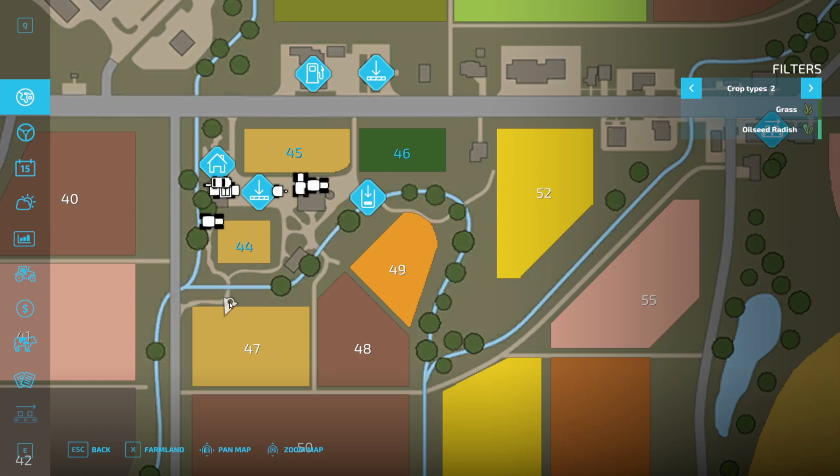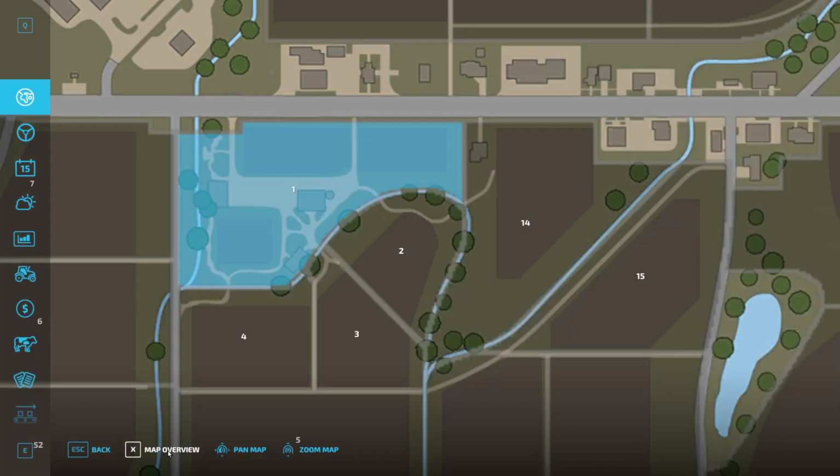So here where we have this triangle, we are standing and having a look on this field number 47, and this is the one I want to buy because the shape is good, it's rectangular and the size is better than our other fields. So now we click on farmland down there,